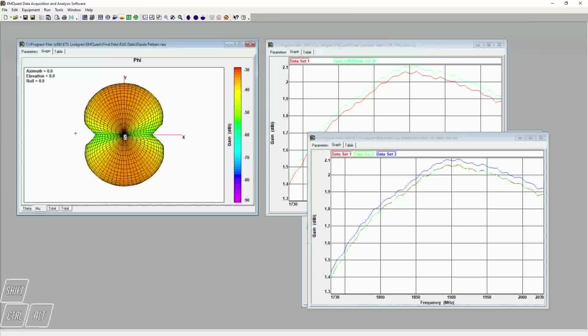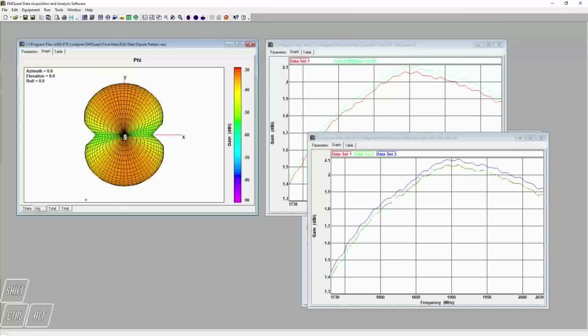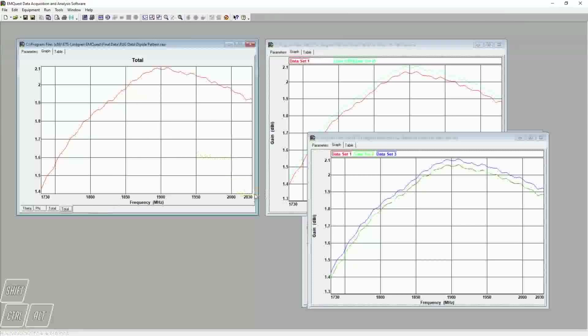And as you'll recall, we already talked about the fact of, I hit cancel here, so I can't actually see the table. But you know what I'd really like to do is I'd like to be able to see the table of this data, or maybe just the total data. So I could drag, instead of dragging this graph onto another graph,